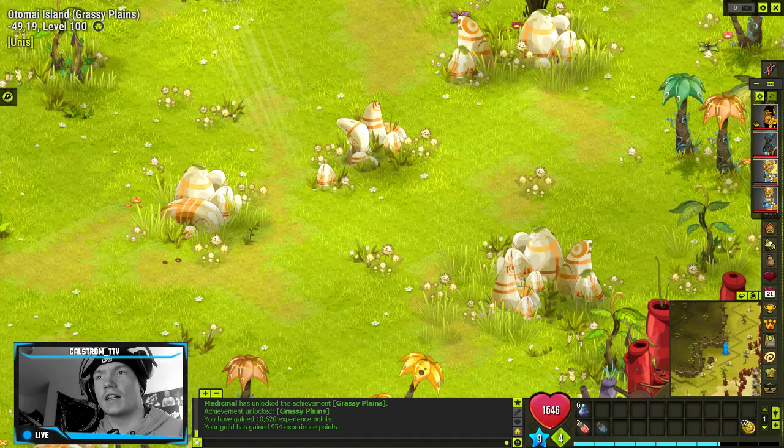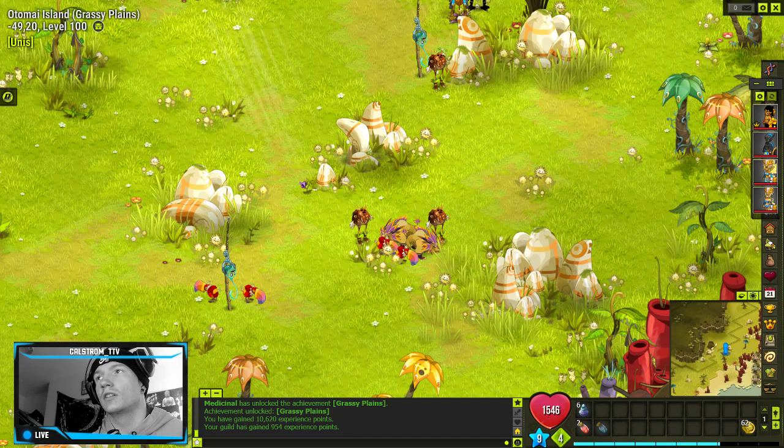For instance, this island does contain a few monsters which we must kill. So if I go into my achievements and go into monsters and then go down to Otomai, as you can see we do surpass the level, so we are able to gain a reward. And we can do them all the way up to the grassy plains. So these guys here,